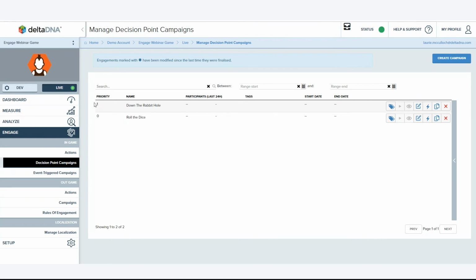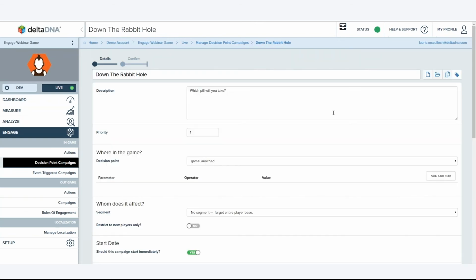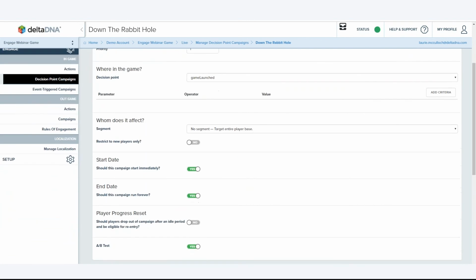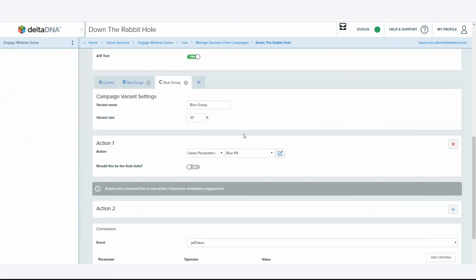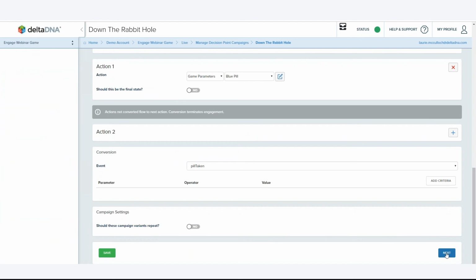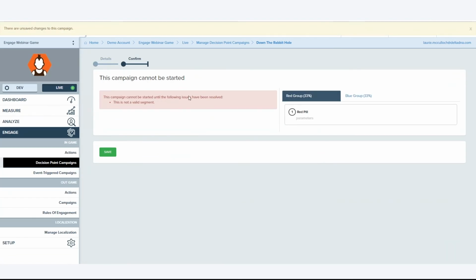We've got the priority setting correct. Neither of the campaigns has been started yet. We do still have an opportunity to go in, make any adjustments to the campaigns, and double check that they're doing what we want before we step onto the final page, finalize them, and save it and hit the start button. In this case, I've